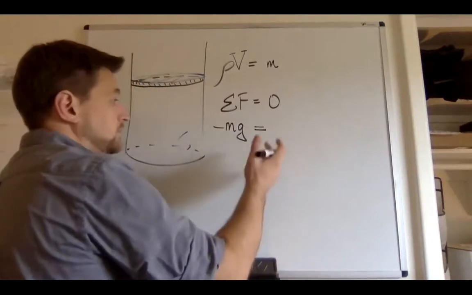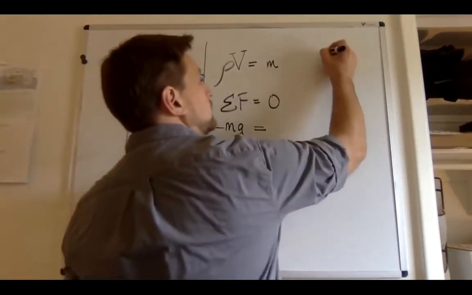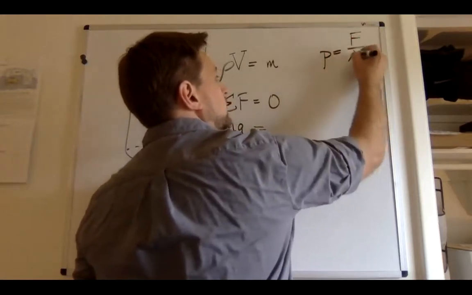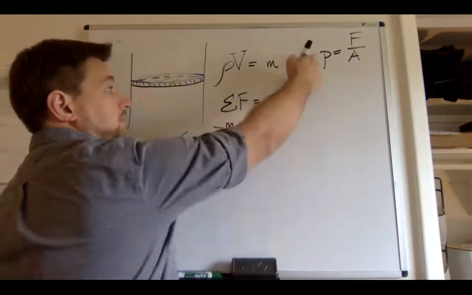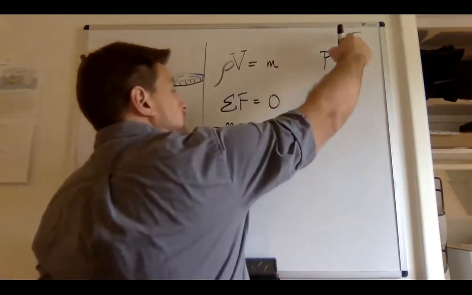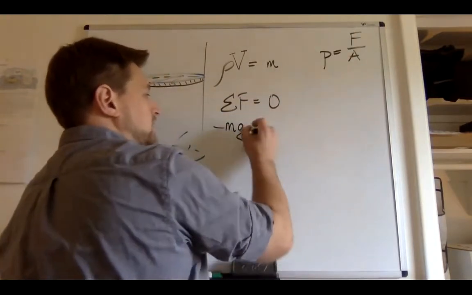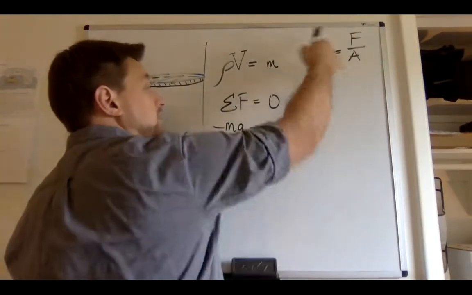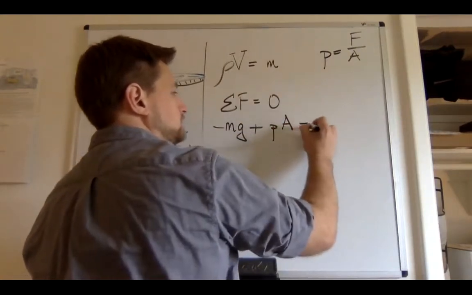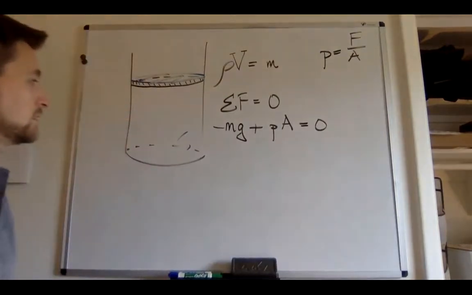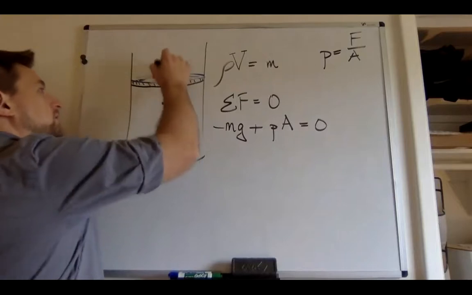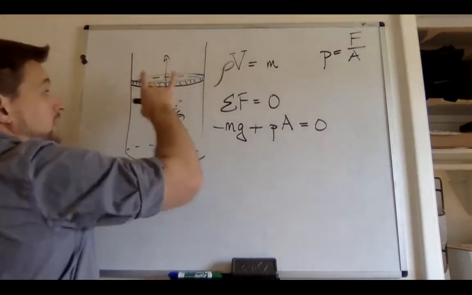Equals pressure, let's see, hold on. Pressure P is force per area. So note that this is a P and this is a rho. So the other force is the pressure times the area. Whatever, there's gravity coming down, sure, but then there also must be a pressure up.